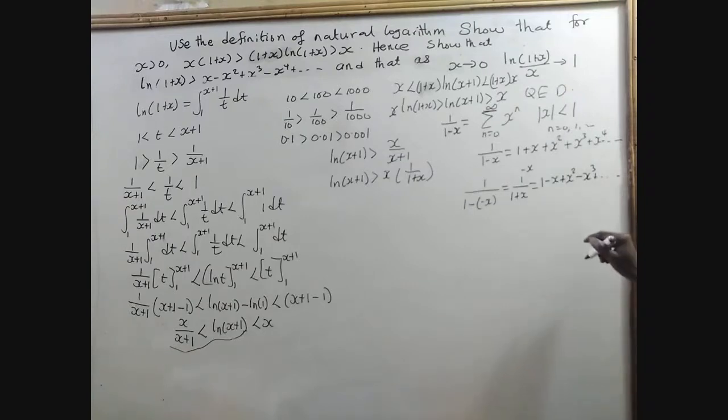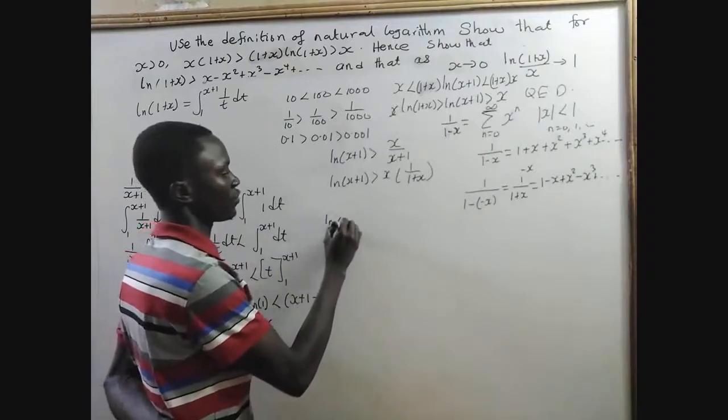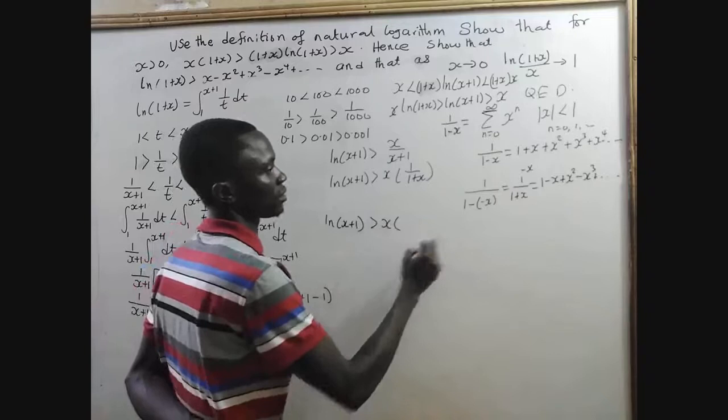Very simple. Sure? Yes. That is very, very simple. So you put negative x here, you get negative x. Put negative x here, you get positive. Put negative x here, you get negative. Put negative x here, you get positive. Then you continue. So now, we have natural log of x plus 1 greater than x times